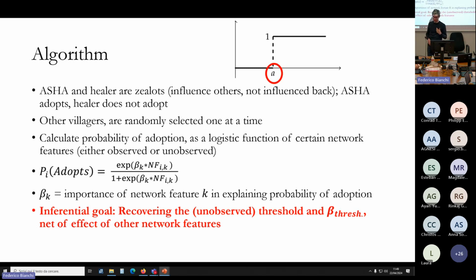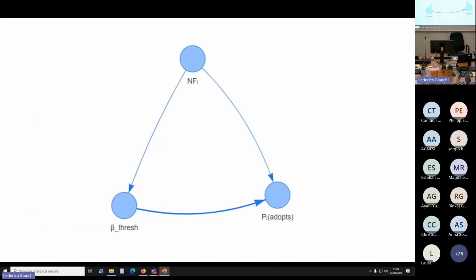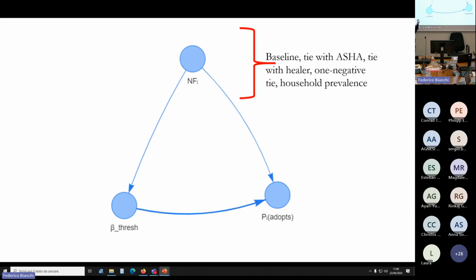Well, since ABM can be seen as a statistical model, we explicitly formalize the causal mechanism that then will generate artificial data, which we will compare to empirical data. We can also use typical instruments of causal inference, for instance, here a directed acyclic graph. Simply, what we want to do is to estimate the net effect of the threshold and the importance of this threshold, complex contagion-like mechanism, on the probability of adoption, by controlling for other network features that can impact both. And these network features in particular are, well, a baseline tendency to adopt,